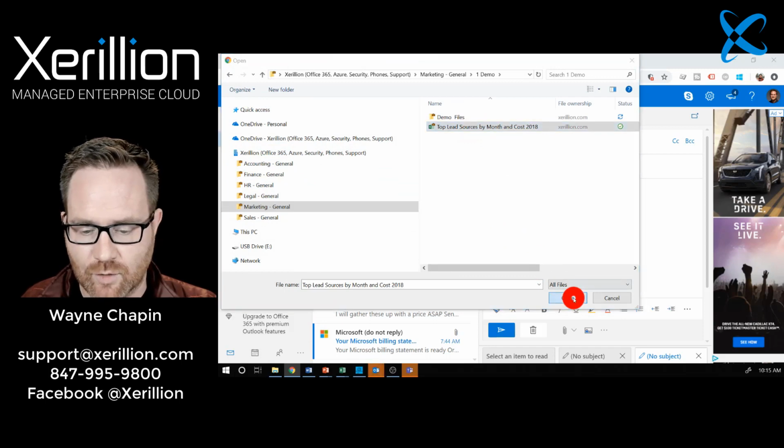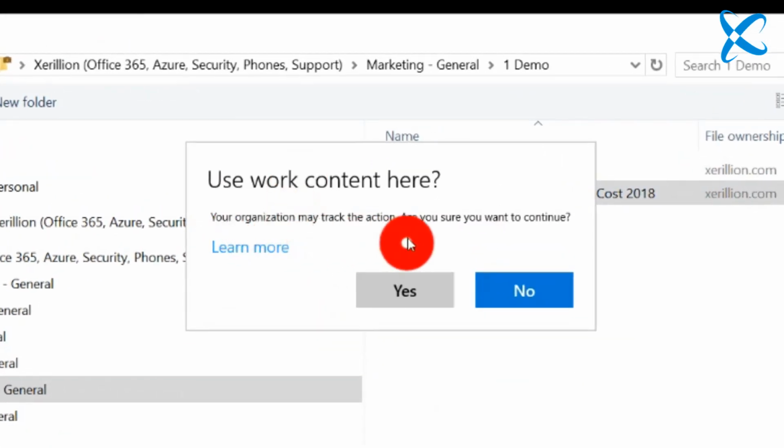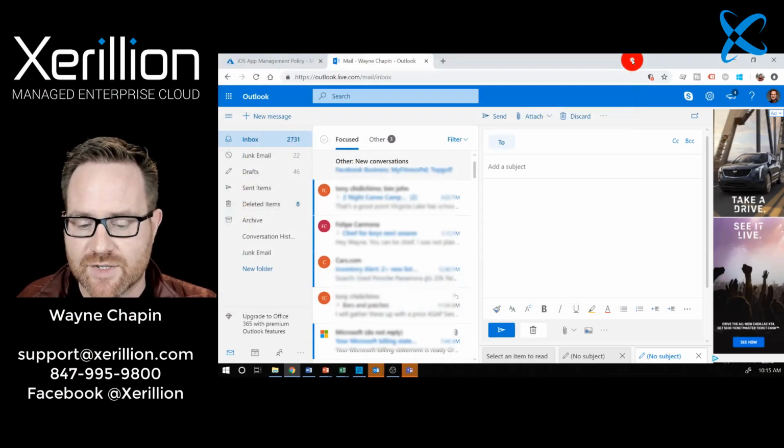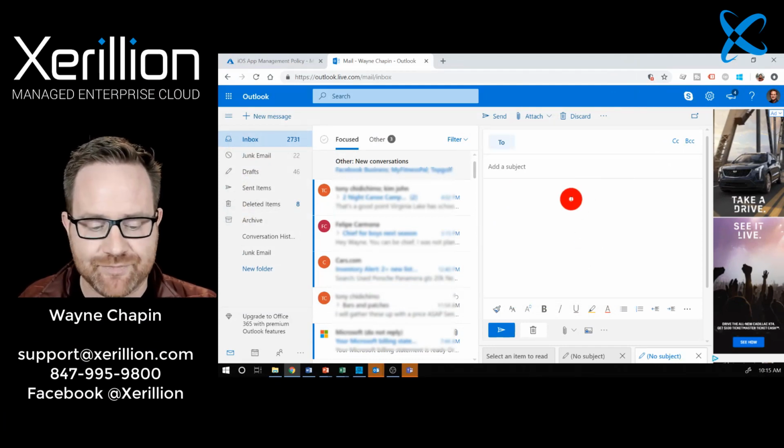Grab this file, open, use work content here. Your organization may track the action. Are you sure you want to continue? Okay, not allowing it. So then the next thing I'm going to try is